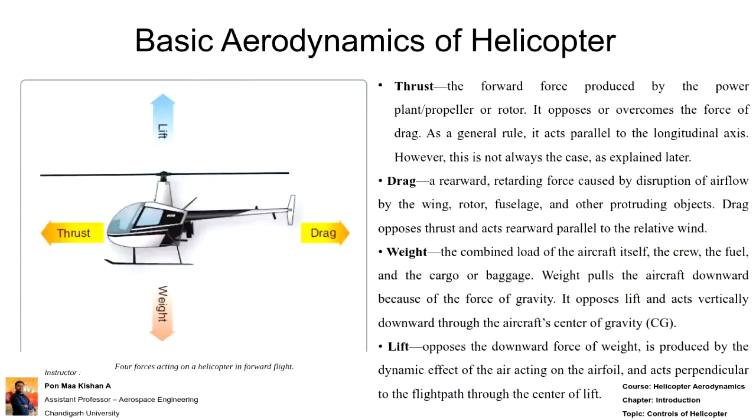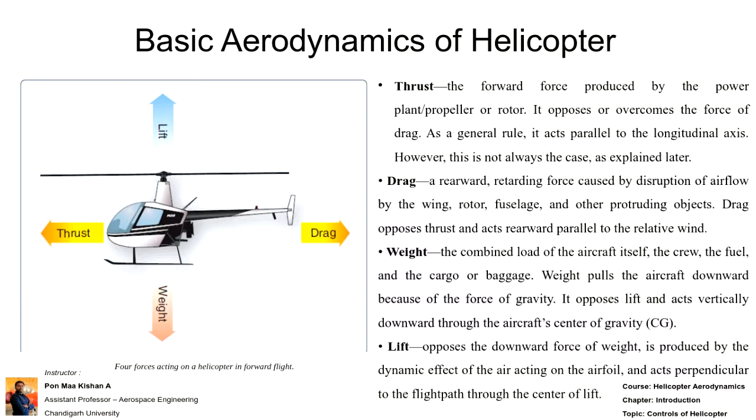For the remaining slides, since we have 15 minutes, I have to cover those factors. Four forces act on the helicopter in forward flight. Please note it down. I have clearly mentioned it is forward flight, not climb or descent. That's why I have mentioned thrust is in the forward direction, lift is acting upward, drag is acting behind, and weight is acting down. So in that case, my lift and my thrust will be acting in the same direction. Kindly note down.